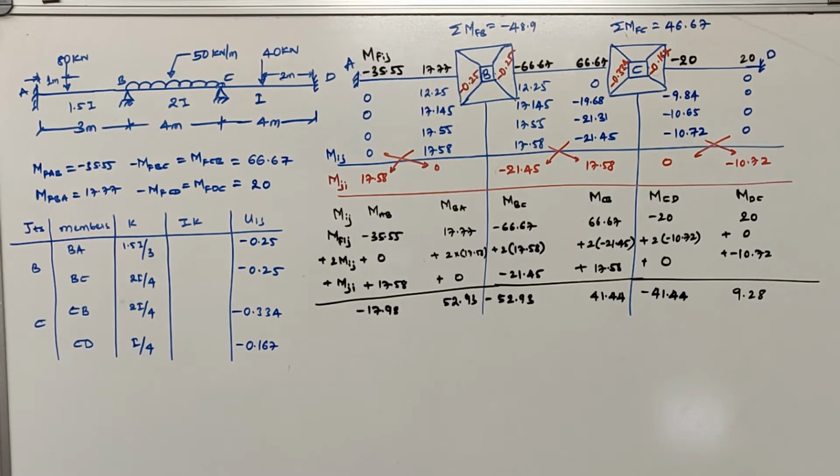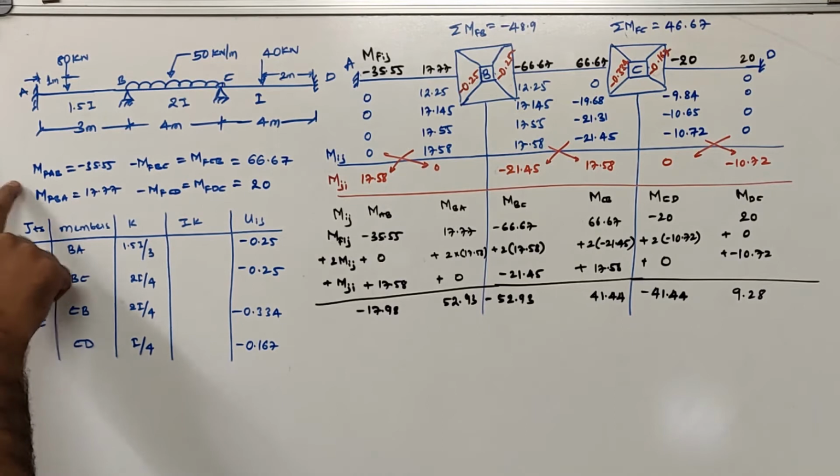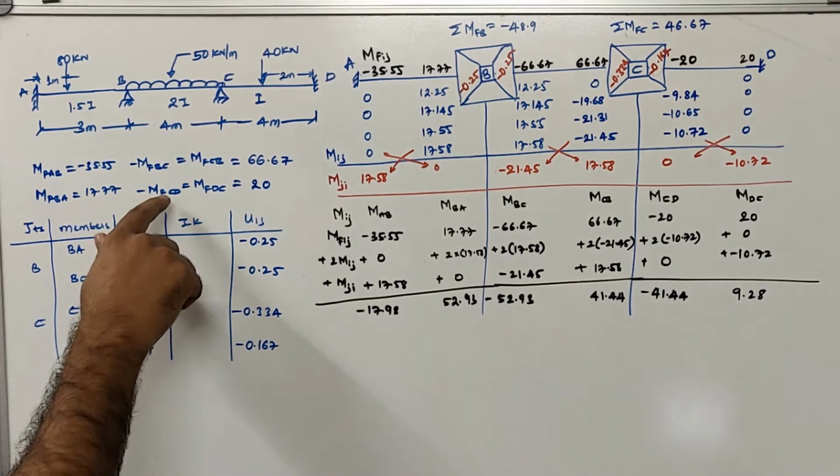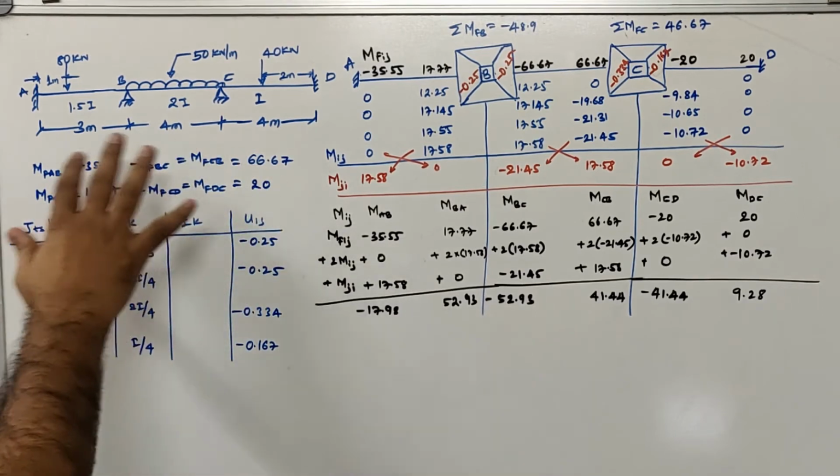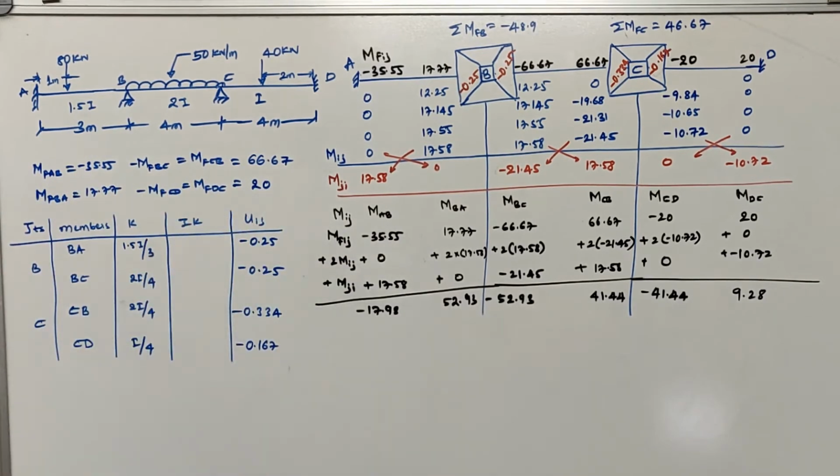So first what we do is that we basically solve the fixed end moments. So I have solved the fixed end moments MFAB, MFBA, MFBC, MFCB, MFCD and MFDC. You can verify the values that have been solved here using the calculator. Next is that we need to draw this table in order to identify our rotational factor.